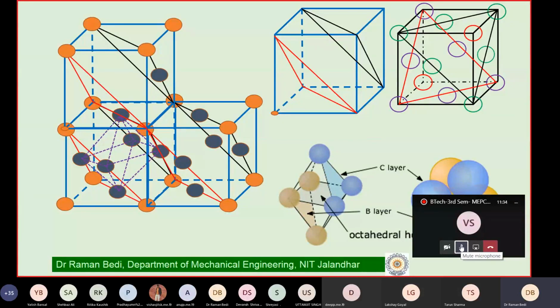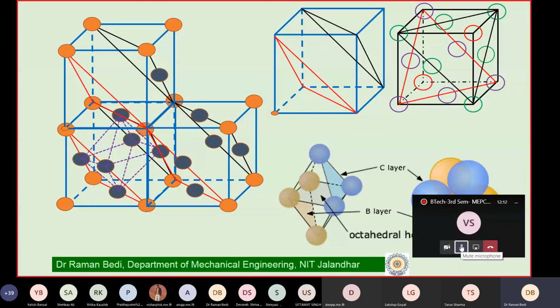So we were referring to the concept of voids, specifically in the case of your FCC structure. FCC structure as such happens to be an interesting one and of importance to us, because we have said that most of your engineering materials, metals to be specific, are either BCC, FCC or HCP. BCC, FCC, HCP carry very significant importance, especially for mechanical engineers, from a material science point of view.